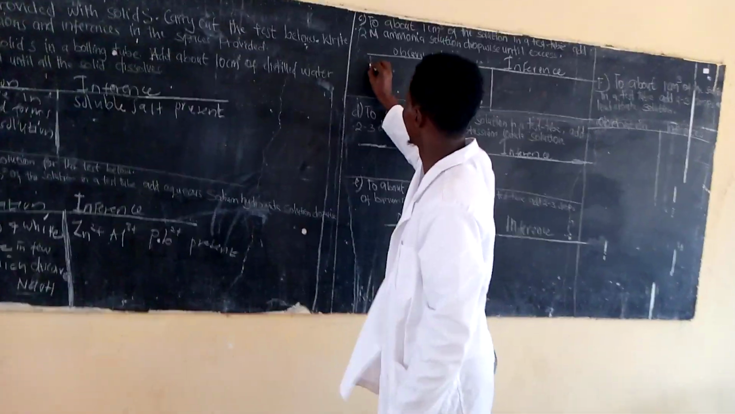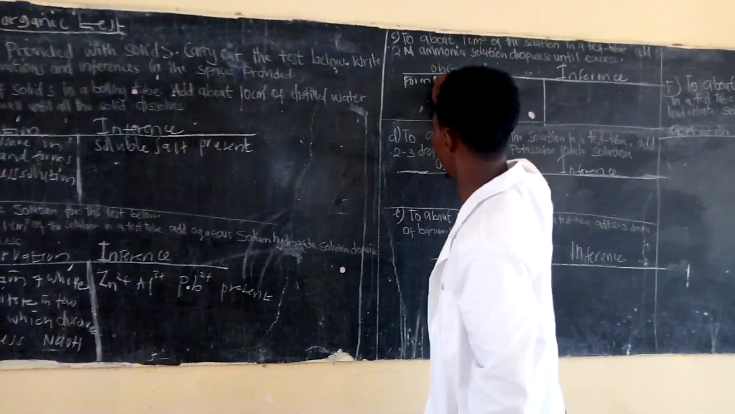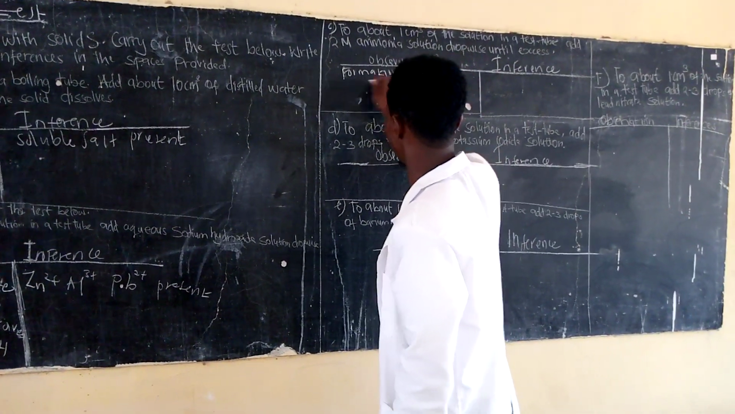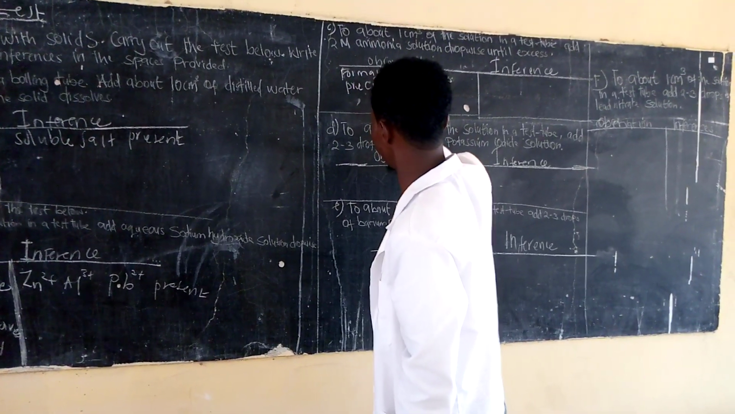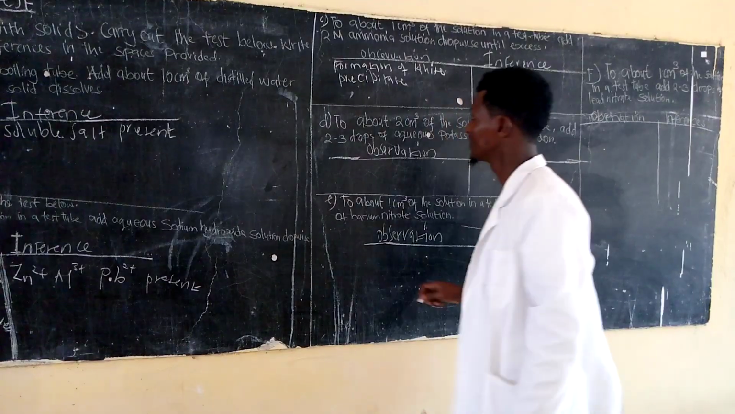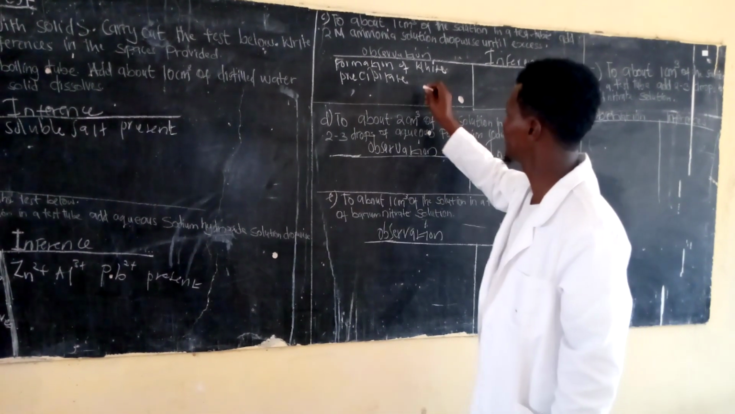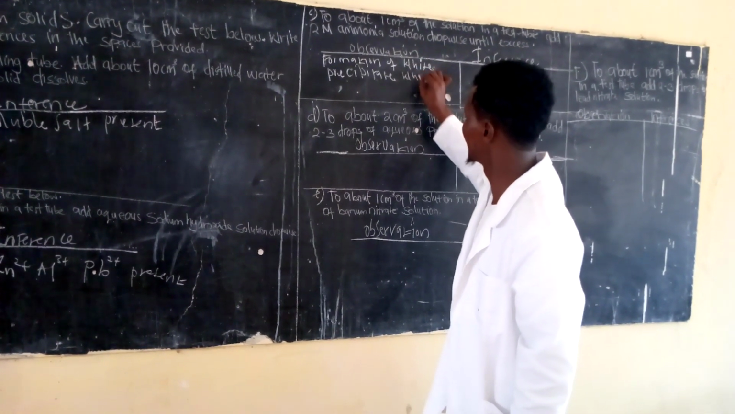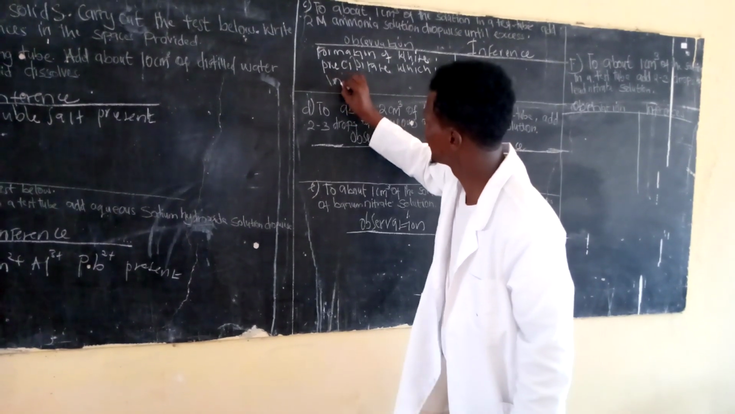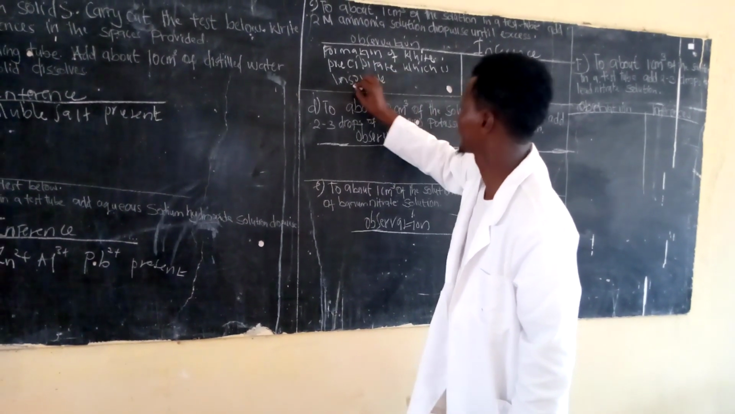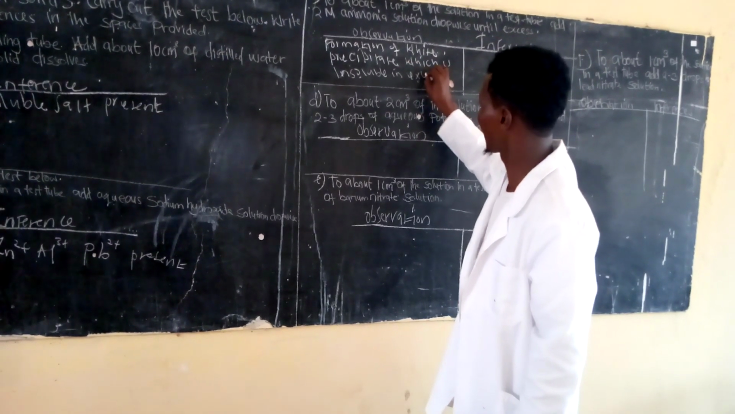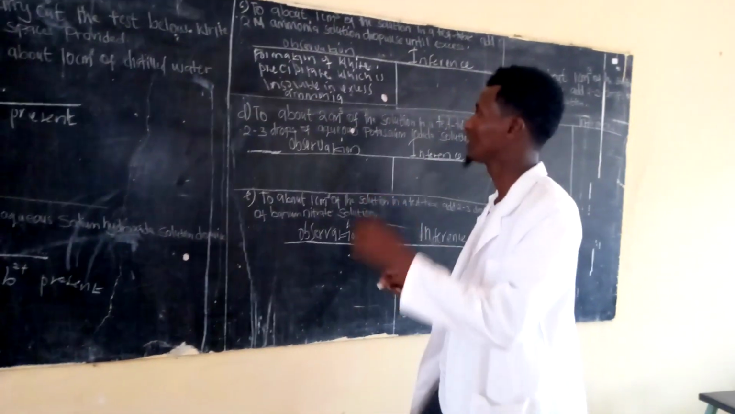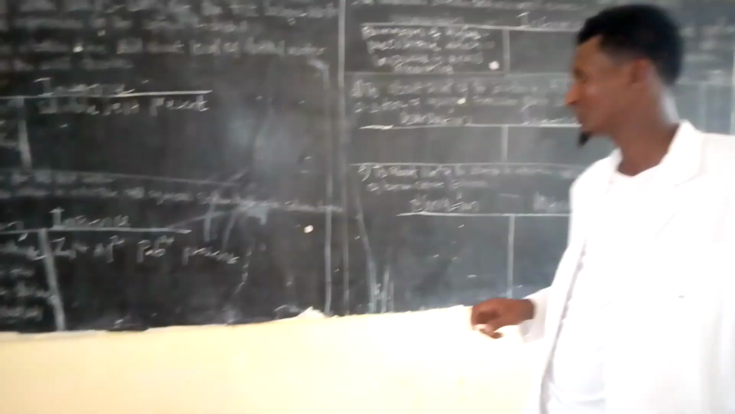So here you write formation of white precipitate. Formation of white precipitate, which is insoluble in excess ammonia. So when you have that reference, my students,